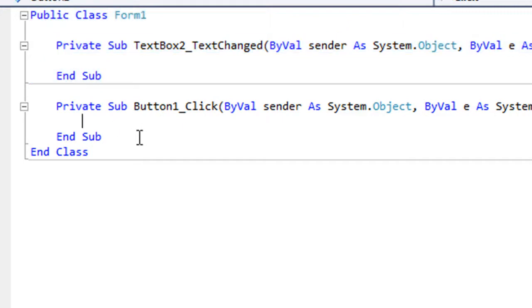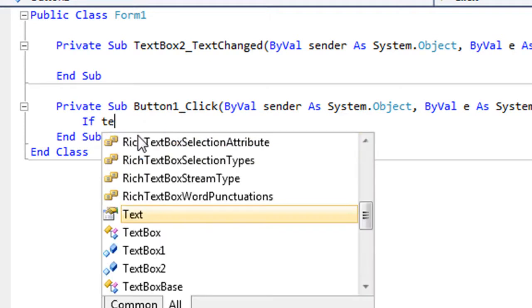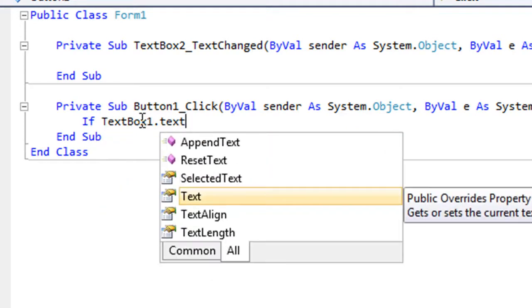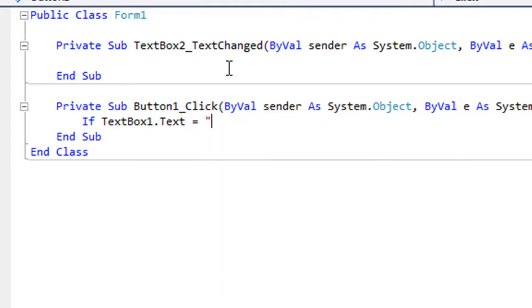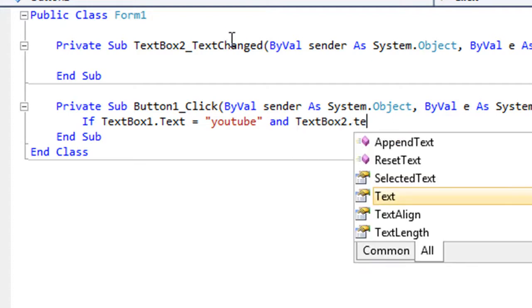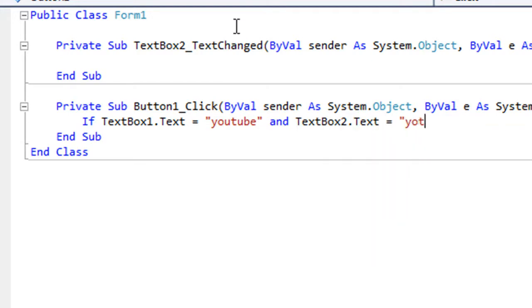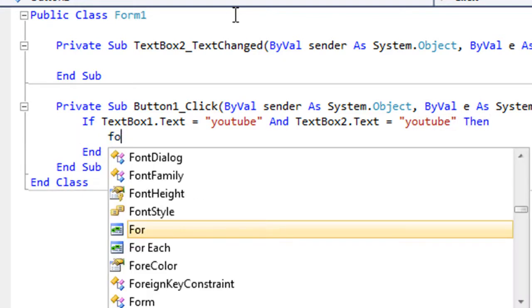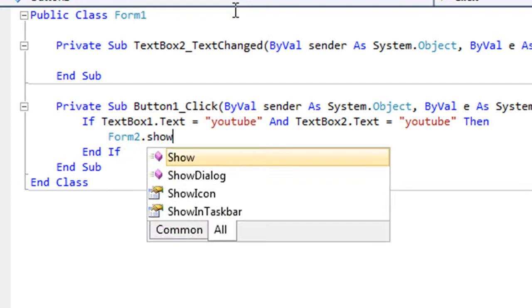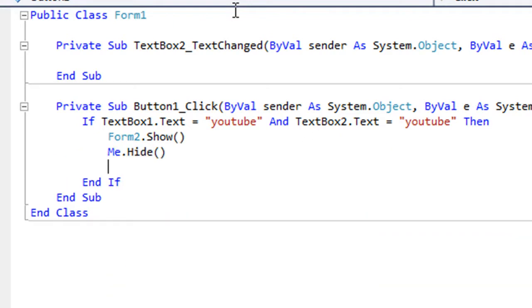That doesn't mean anything. So for the code for the button, we're going to type in if textbox1.text, which I'll show you that in a second, equals, and then what you want the username to be. We'll make the username YouTube. And textbox2.text equals YouTube again. Then form2.show, me.hide